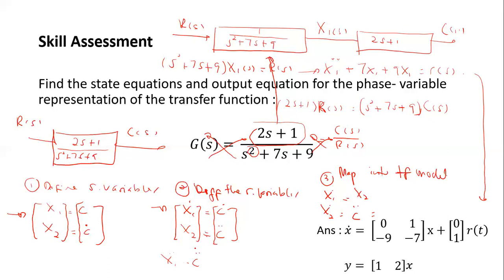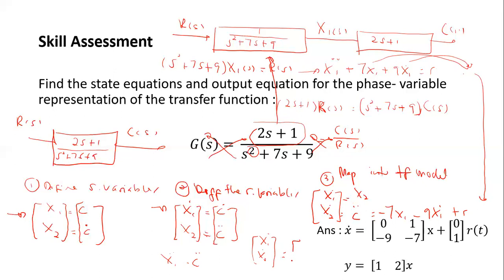So here, what happens is that we shift everything to this side. So you will get minus 7 X1 dot minus 9 X1 plus R. Okay, this is not R(S) because this is already in the time domain, so it is actually plus R. Then we are ready to put it into a state space. So this is what we get as output here: X1 dot, X2 dot